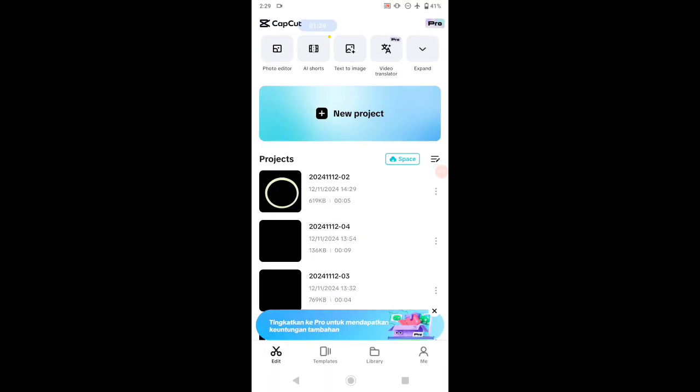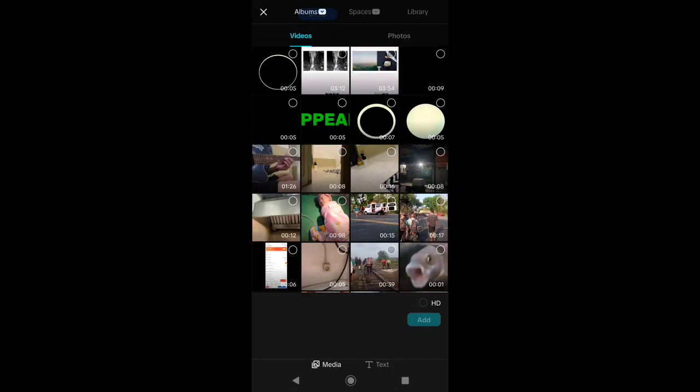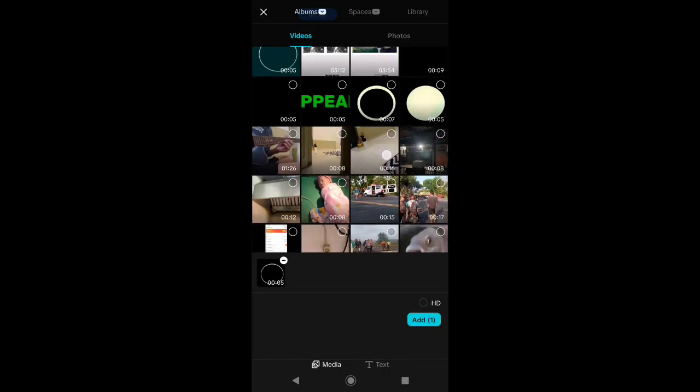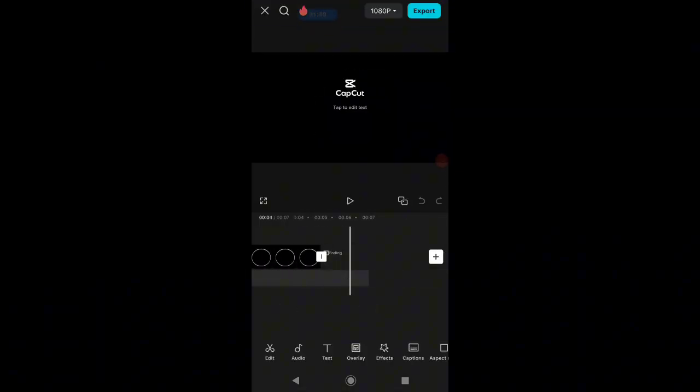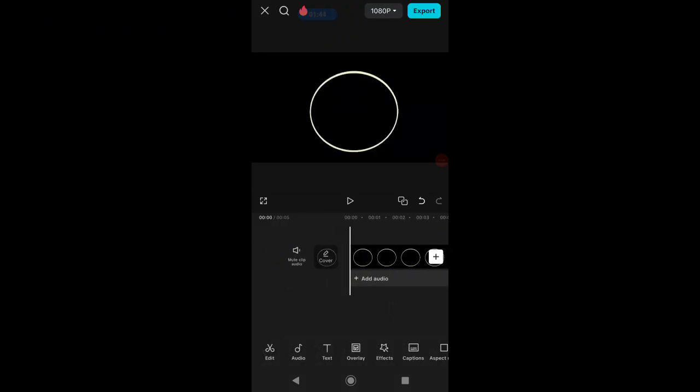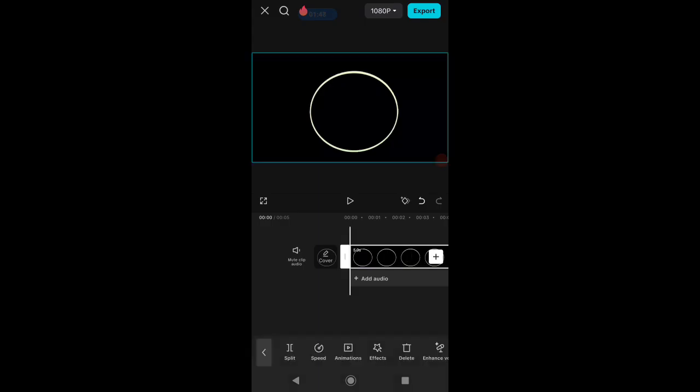Okay, click done, and the next step you just need to click this new project and insert the clip that we saved before, this one. Add it to the page like this. Okay, let me delete this ending video clip. And now the thing that we need to do to create that kind of animation, that kind of motion, is